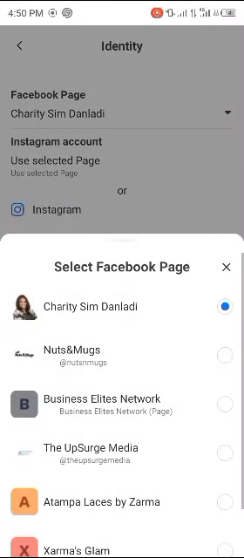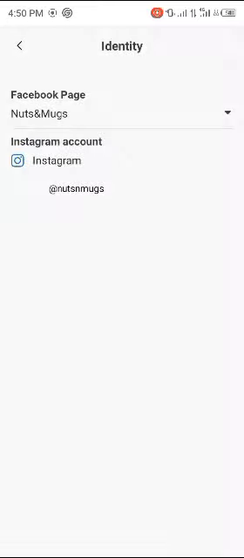This is where you see your business page. So I'll pick one business page. You can see that the business page and my Instagram is connected to this Facebook page. That's why you are seeing Instagram is showing. Facebook page, the name